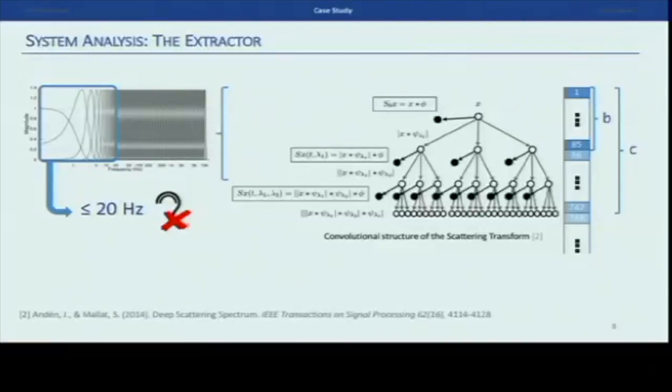Why is that important? Those are frequencies that, in theory, humans cannot hear. That doesn't mean there is actually any information to be extracted from there, or that if there is information, it will be useful at all. But that was something that kind of clicked in our brains.